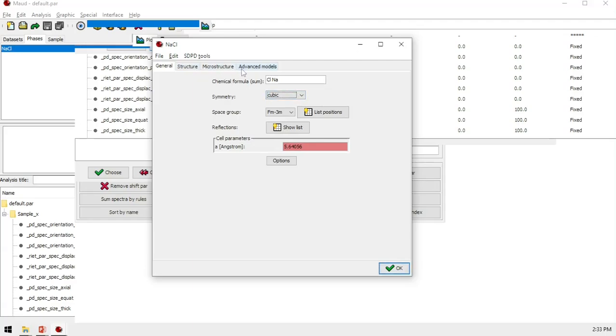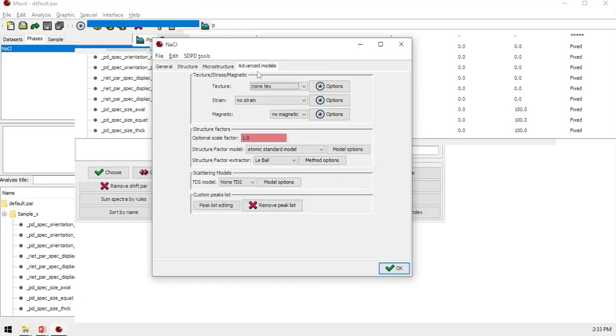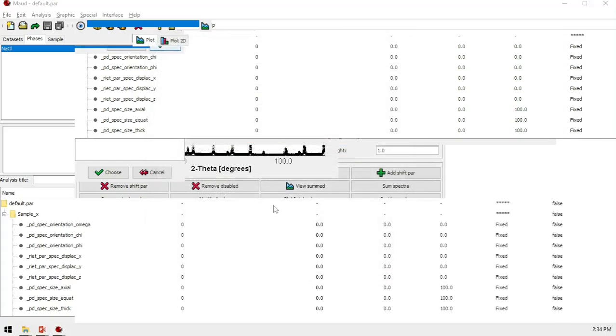And then to make it easy, we have to choose this texture as arbitrary texture, which means it will ignore any texture, and it will be good to start the refinement of the rest of the parameters. You can press OK.